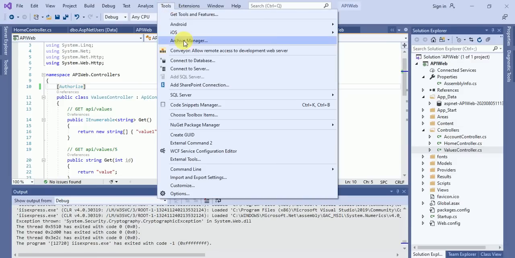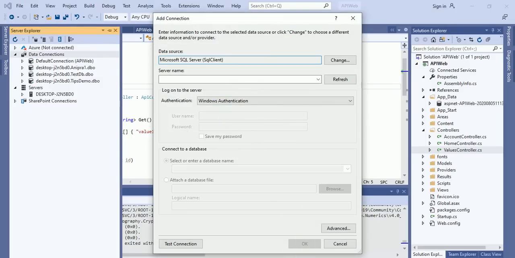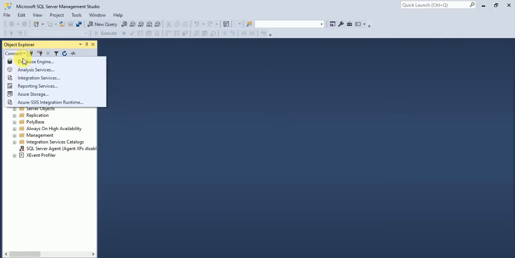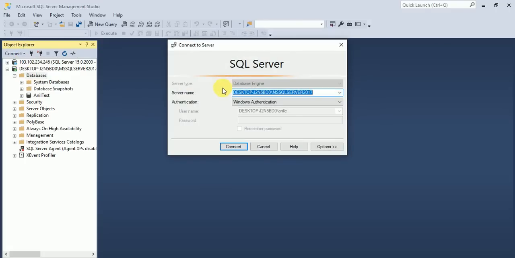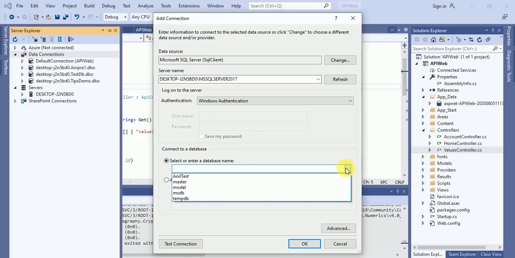Click on Tools, click on Connect to Database, and here we have to provide the server name, connect to engine, and I will provide this server name over here, and click on select database. If you don't have any database, then you can create one.